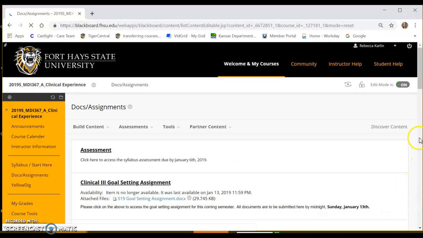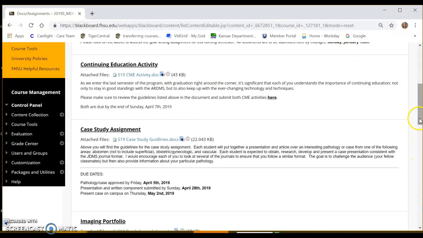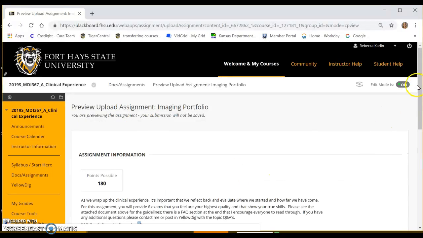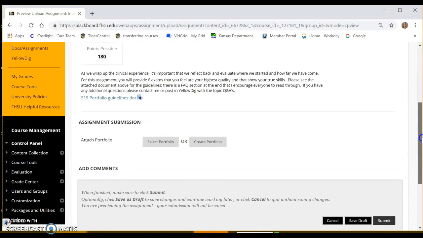And then if you click on the title of the imaging portfolio, that will link you to your portfolios. So just clicking here, and if you haven't been in and played around, you're just going to start by creating a portfolio. This is also where you're going to select to submit your portfolio. So once you're done, which I'll show you